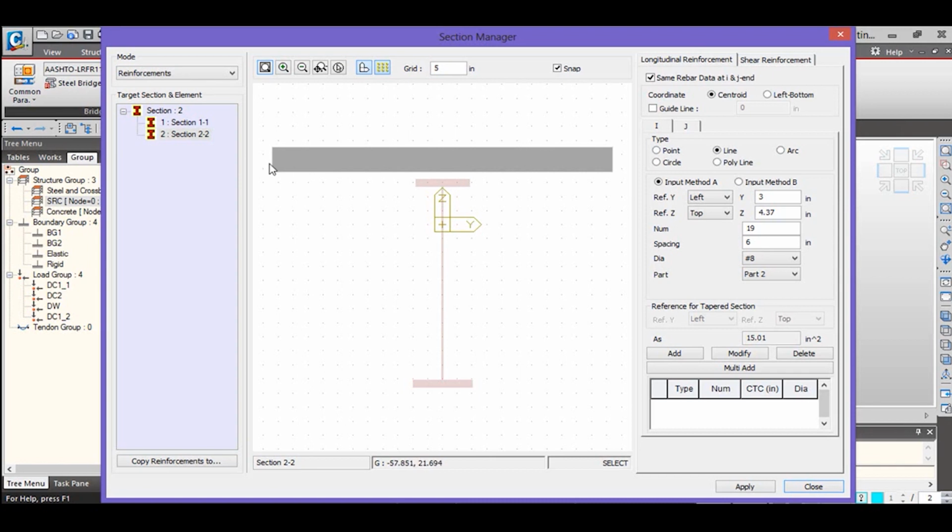We're gonna assign a line of rebars, and then here we're gonna assign the height and with the Y reference, which is gonna start at 3 inches, and the top reference is gonna start 4.37 inches from the top of the section. We're gonna assign 19 rebars, spaced at 16 inches, with a diameter of number 8 in the part 2, which is basically gonna do that.